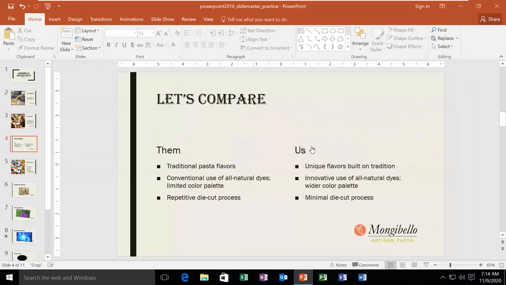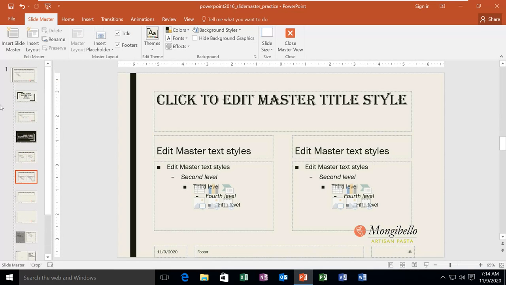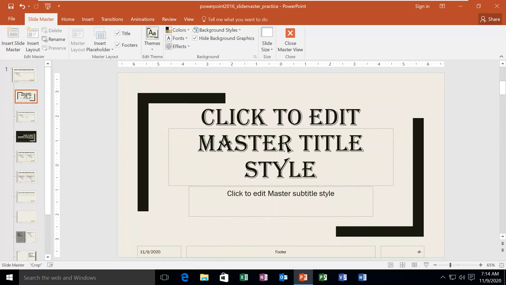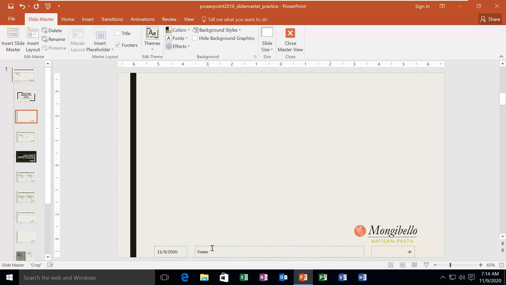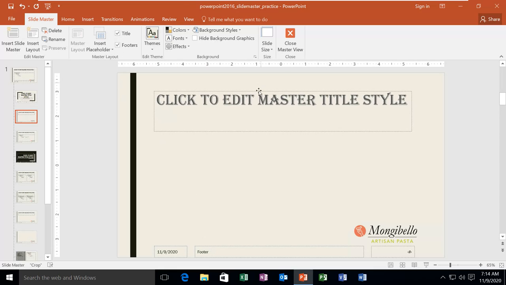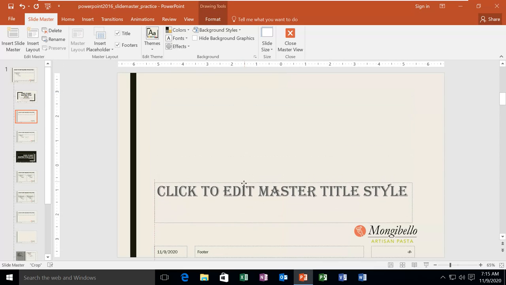So for example, I want to create one, so I'll go first to the slide master view. Now I want to add a new layout, so I click here on insert layout, and it is added here, which contains only the title placeholder. If you don't want it, you can remove it. It also has a placeholder for the footer. You can remove it. I want this, but I don't want it here. I will move it here.